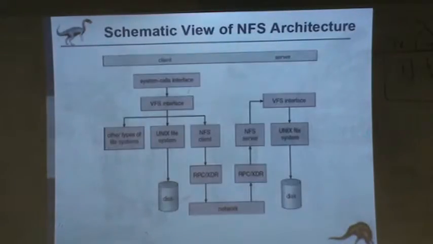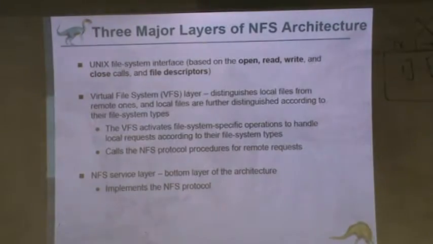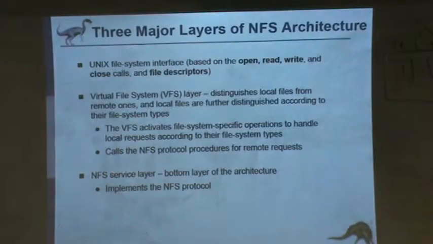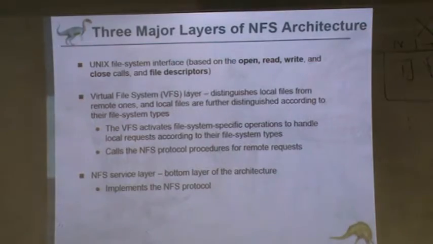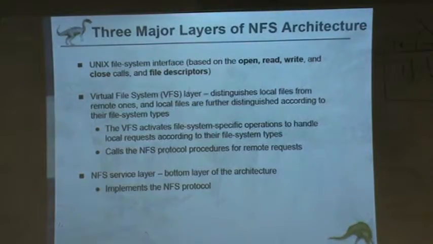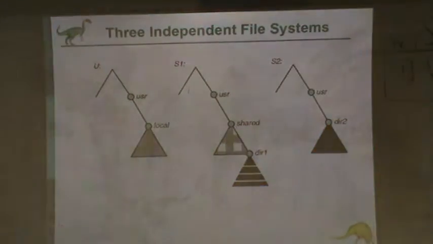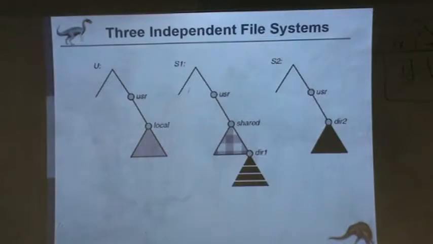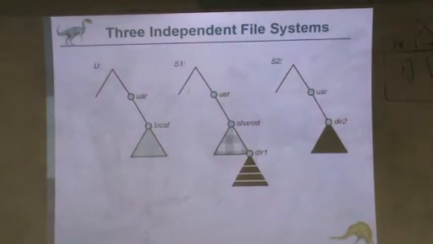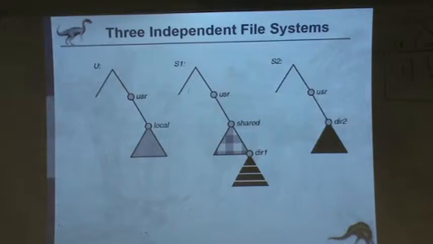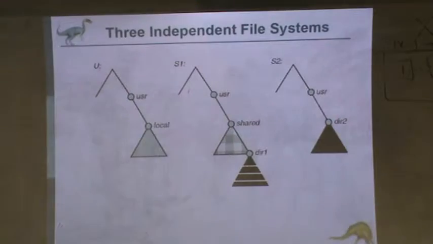Can you explain mounting again? We learned about local mounting. If we have a local file system, it can be mounted to a mounting point. A mounting point means a directory. We can do the same thing for the remote file system. So these are different servers: server U, server S1, server S2. The S stands for server, and this is the user client level. We'd like to mount the shared